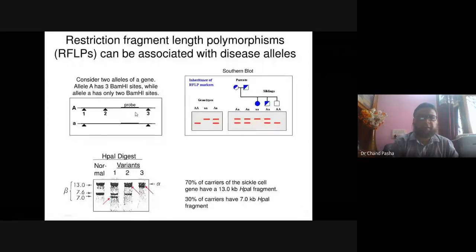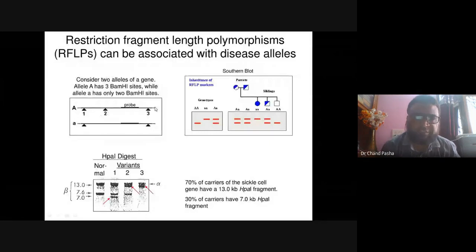In this particular allele, the gene is cut with 3 BamHI sites. BamHI is a restriction enzyme produced by the bacterium Bacillus amyloliquefaciens. Restriction enzymes are the enzymes which cut DNA that is not of the same origin. That will come up in molecular biology, but anyhow, these are the enzymes which cut the DNA.